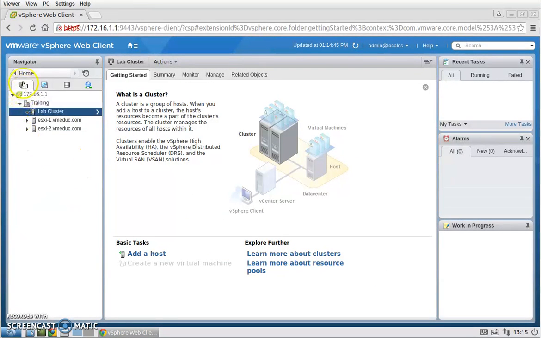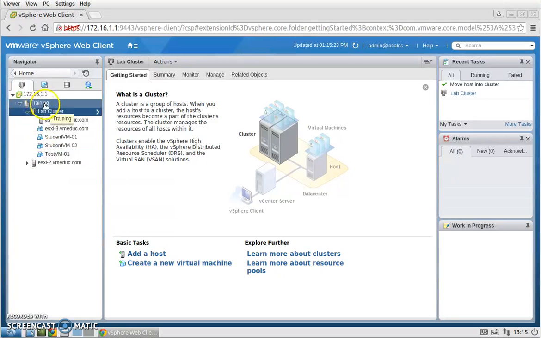Okay, so we've exposed the Hosts and Clusters tab and we've selected the lab cluster. The next step after highlighting that is we can simply click, drag, and drop our hosts onto that lab cluster. And when we expand the lab cluster, you should be able to see, I guess we might have to refresh that,